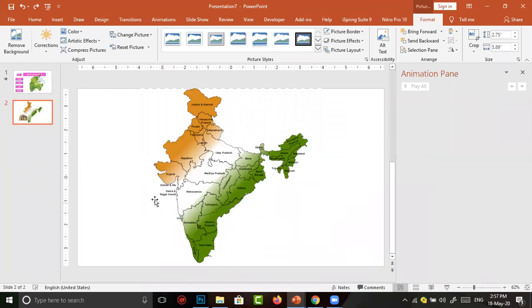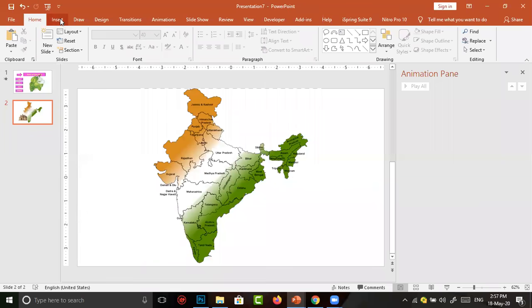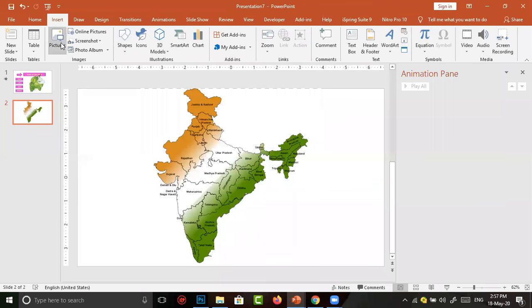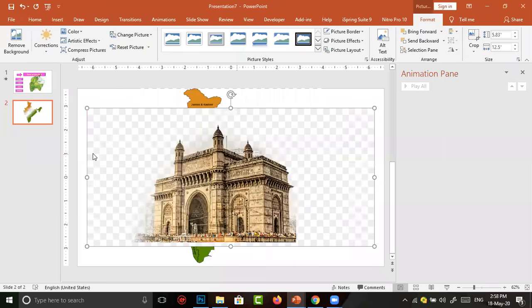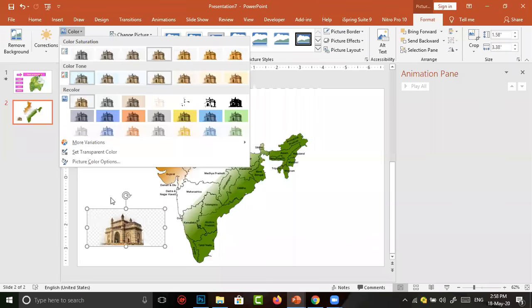I repeat this step. Going to color. These are the things you have to do on your own. Just observe.